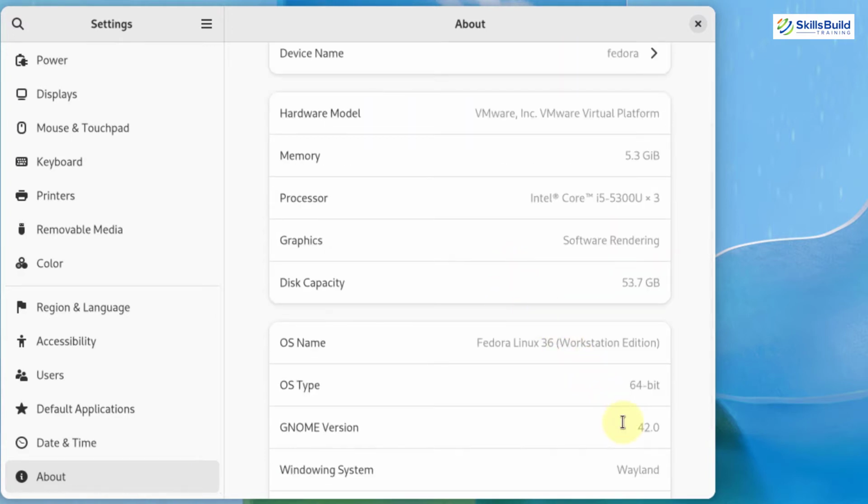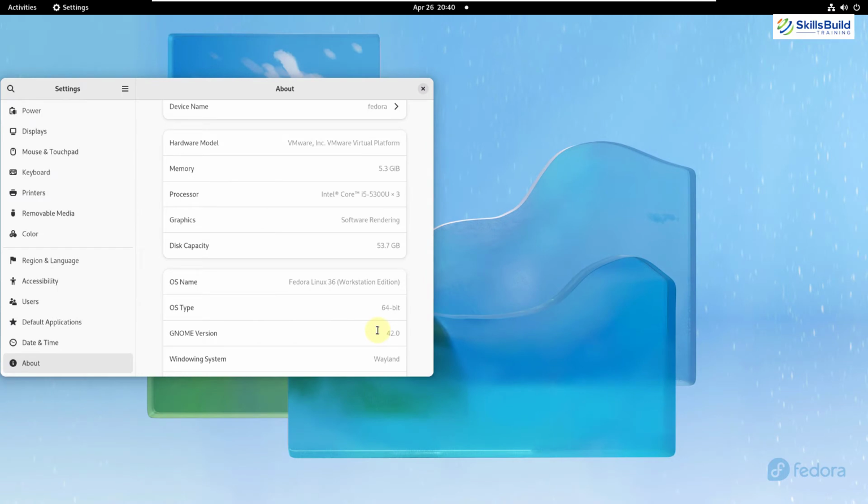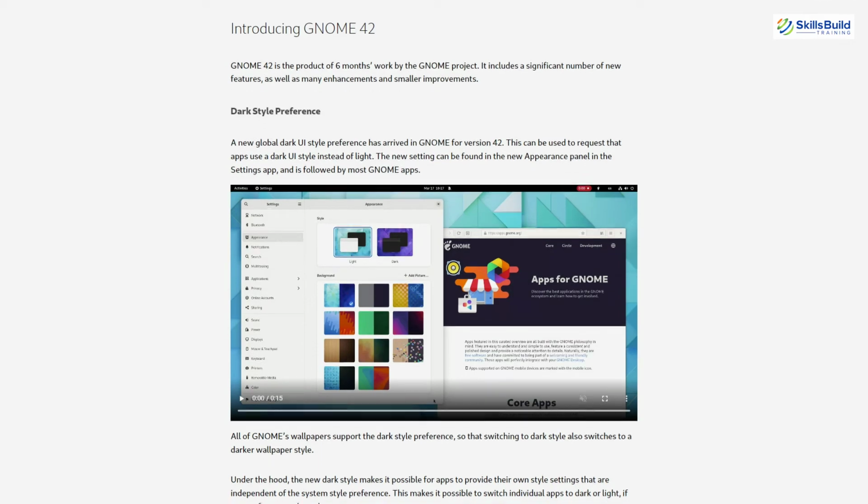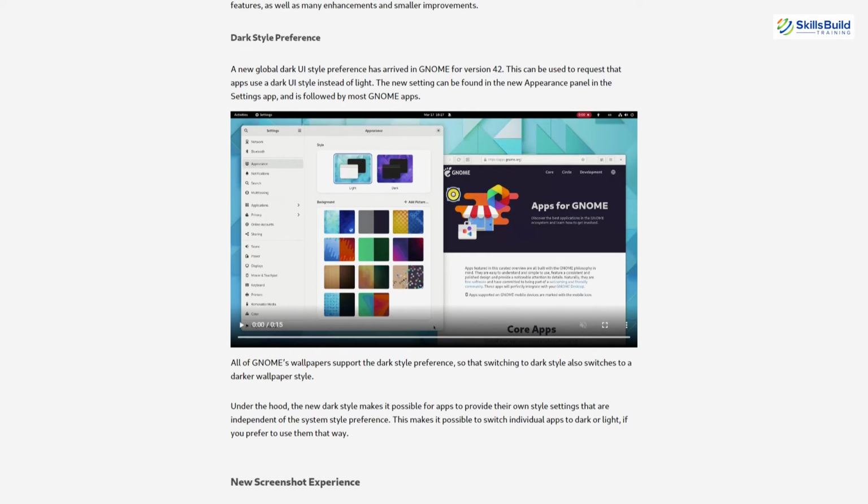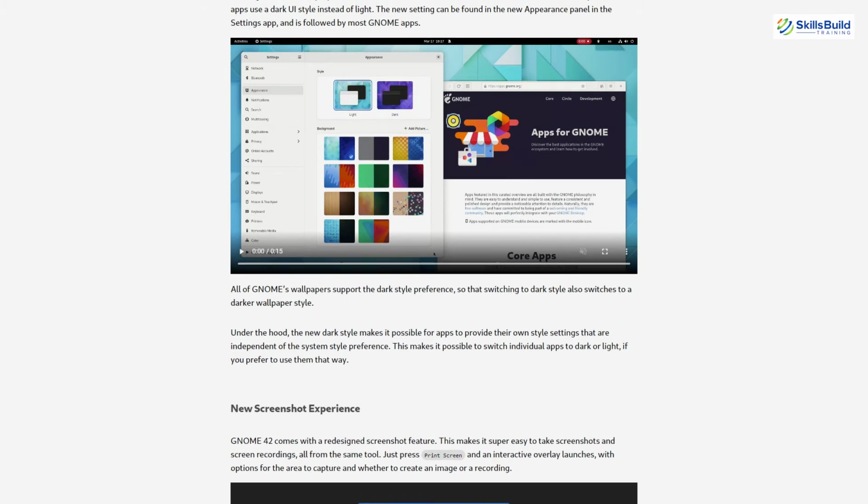And this Gnome 42 version will bring revamped application and packages improvement. Along with that, we'll also see performance improvement in Mutter and Gnome Shell. And we'll also see a new UI for screenshot. I'll talk about the screenshot application later. With Gnome 42, we'll see some other improvements, like the text editor,